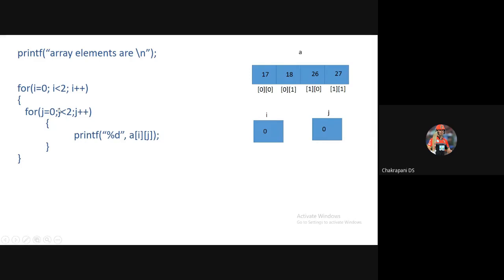The printf prints %d, a of i j. What is the initial value of i? 0. What is the initial value of j? 0. a of i j means a of 0, 0. Which value? 17. So 17 will be displayed on the output screen.